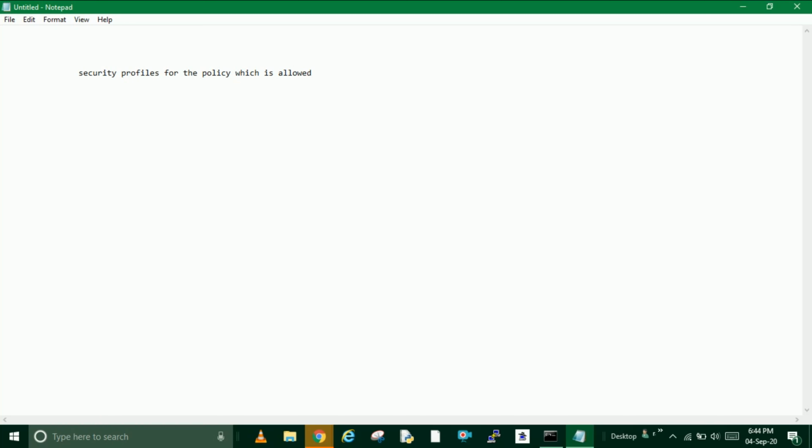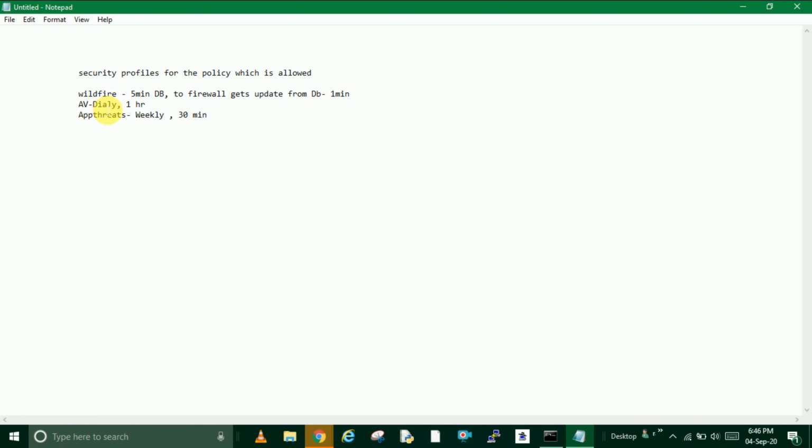If you take wildfire, for every 5 minutes it gets updates in the database, and for the firewall to get updates from the database it takes 1 minute. For every 1 minute it updates.